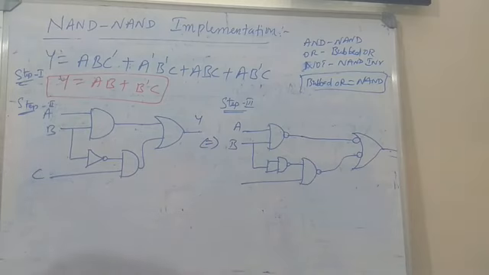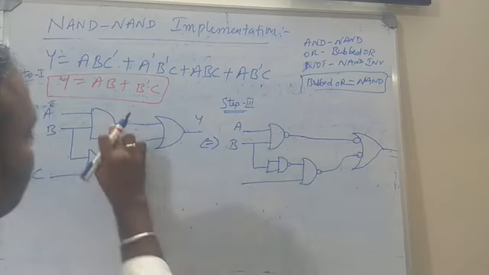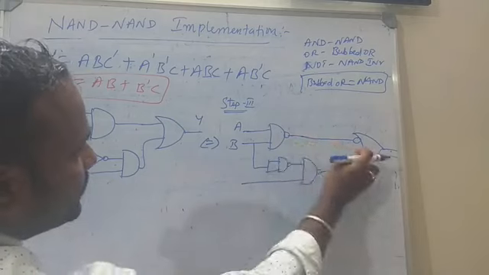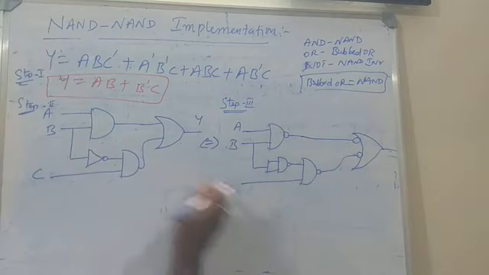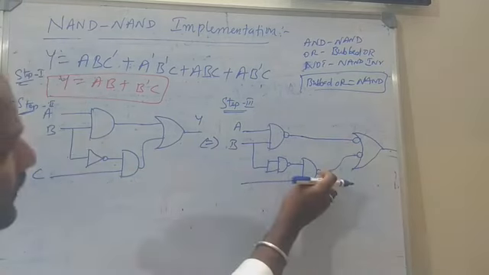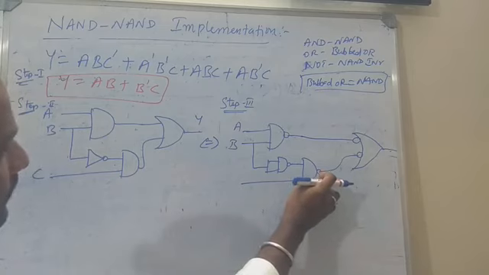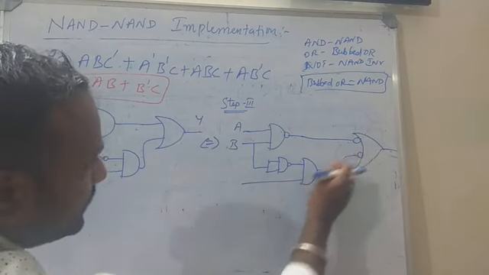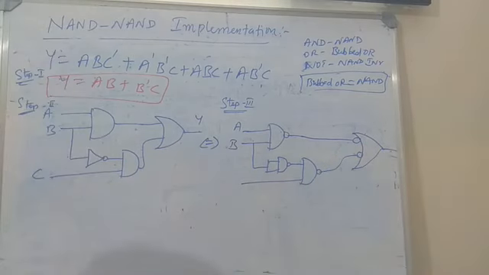Now the compensation of inverter, just check it. So check the compensation of inverters. Okay, so compensation of inverters here one extra bubble is added, and here one extra bubble. So these two get cancelled. Okay, and here one extra is added. One extra inverter bubble is added, and here one bubble is. So these two get cancel each other. So here inverter indicates what? So whatever the inverter, the NAND inverter also same operation. Okay, no need to compensate that one.